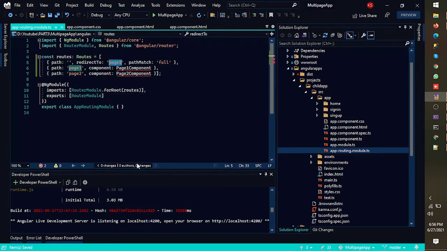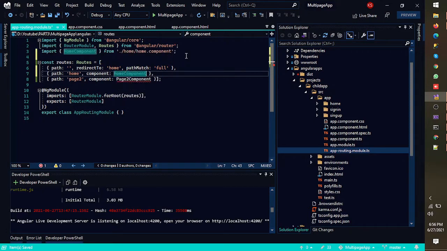We would need a default empty path to be redirected at home component. Here first would be our home component, and import has been done on the top.